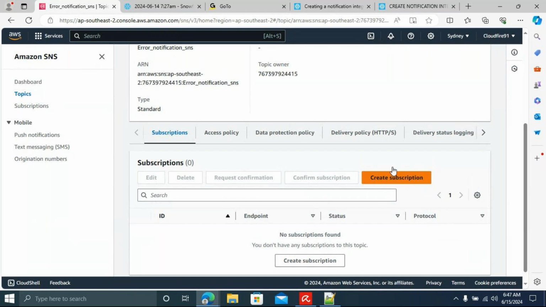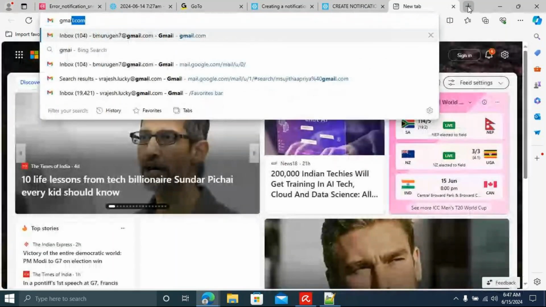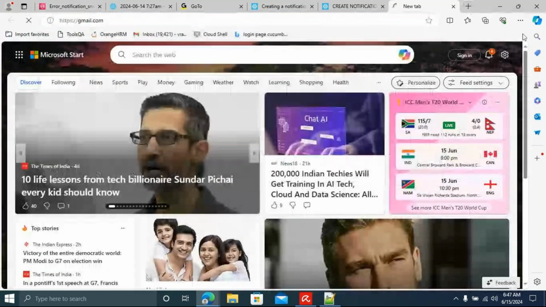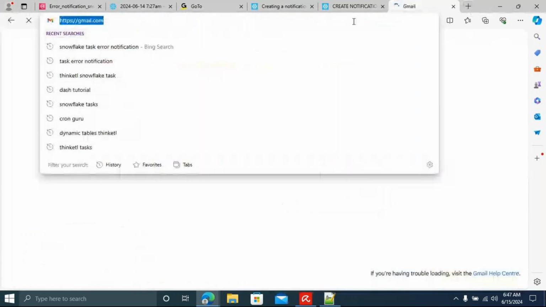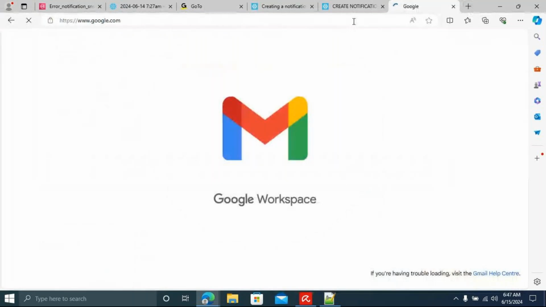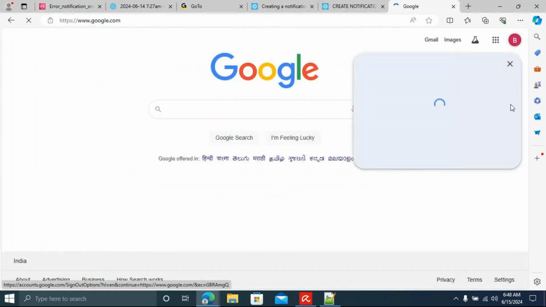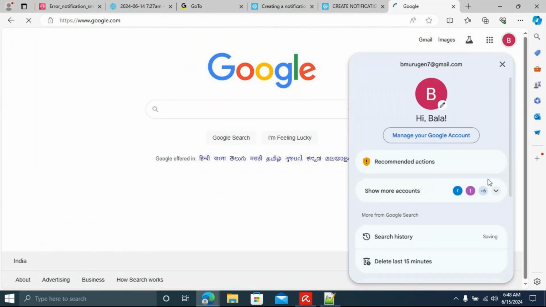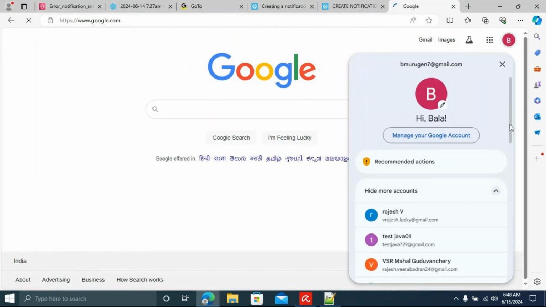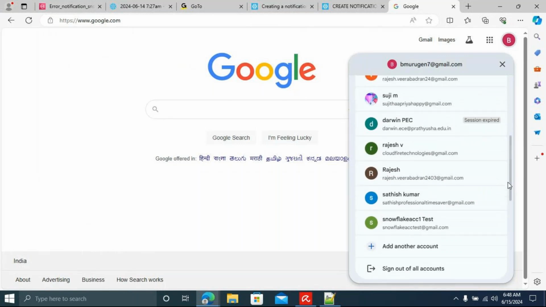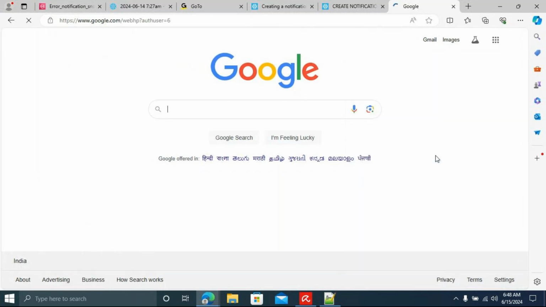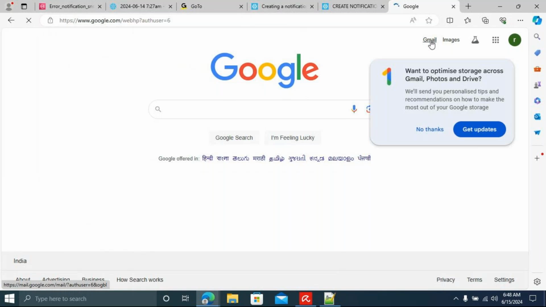In the meantime, I'm going to open my Gmail. Instead of opening Gmail, I can log in through Google, and I have so many mail IDs I can show you. I'm going to choose Cloudflare. Go to the Cloudflare mail ID.